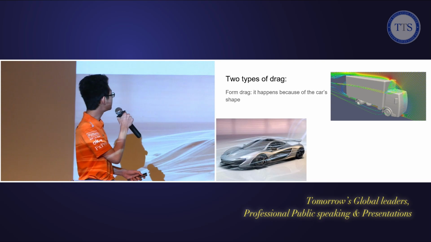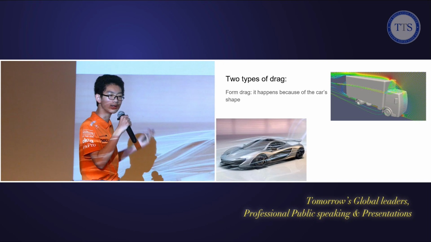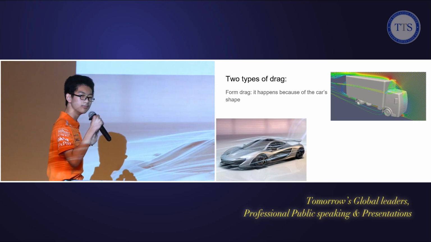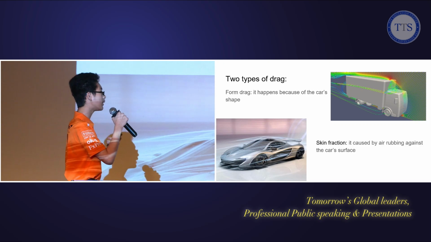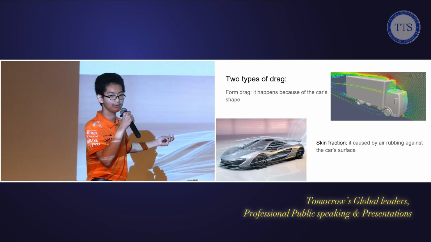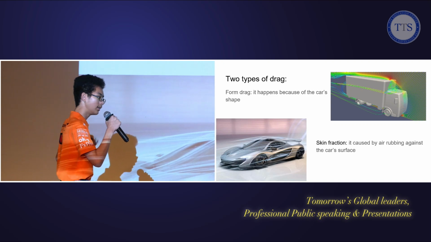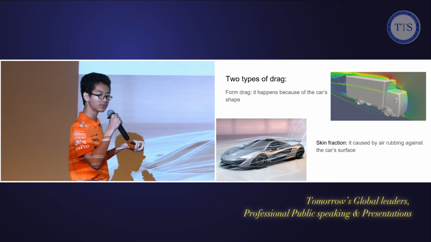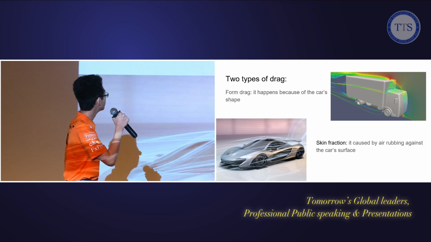Form drag happens because of the car's shape. As you can see, the truck has a large shape. Meanwhile, the car on the left side has a low shape, reducing drag. Skin friction is caused by air rubbing against the car surface. Some car creators create streamlined shapes to reduce drag. That's why some cars have sloping roofs, smooth curves, and low profiles to reduce air resistance, which leads us to